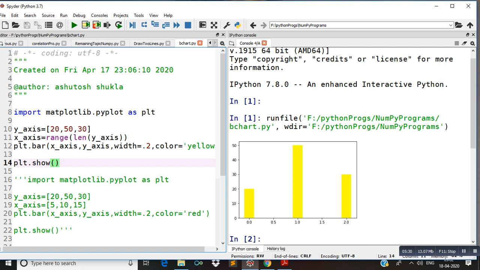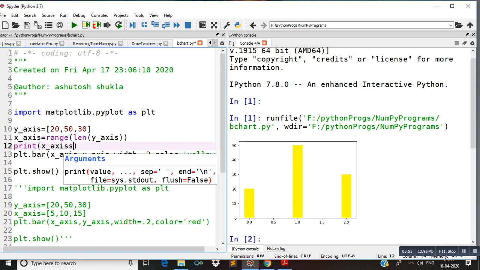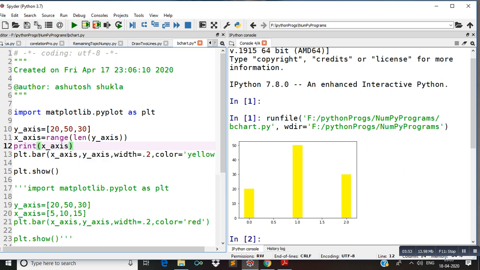If we want to see what the values of the x-axis are, we can type print x-axis like this. Now you can see these values here. See the next output.